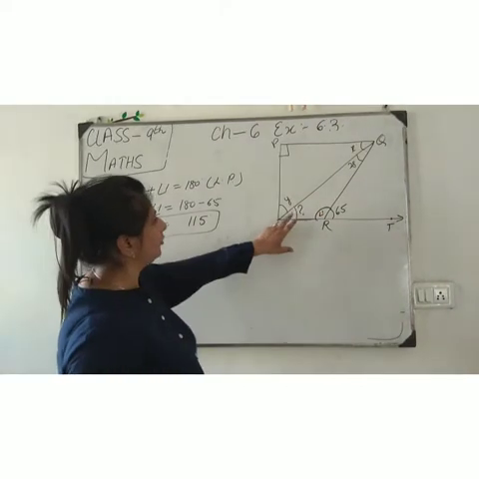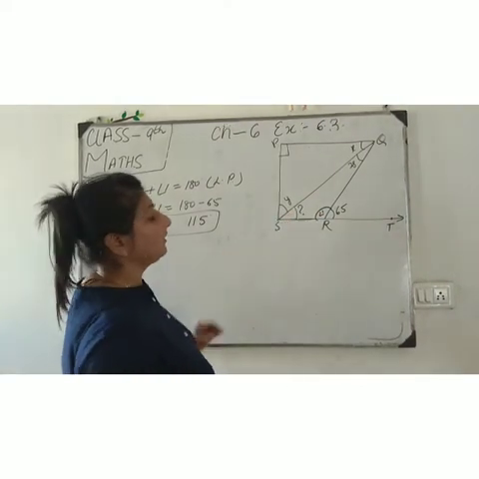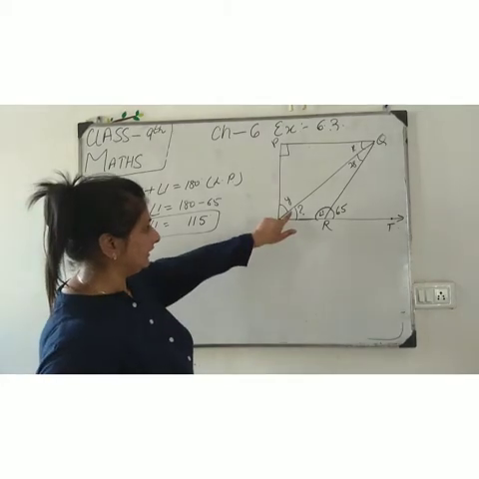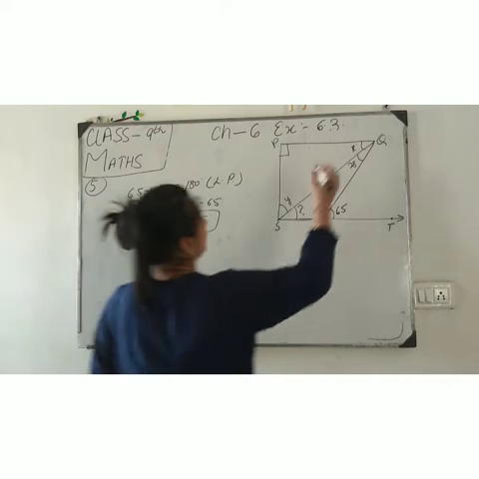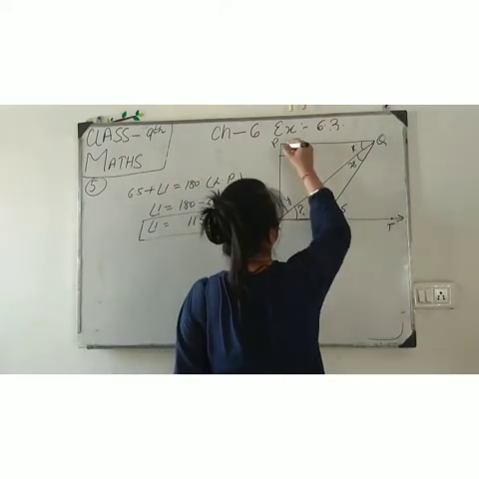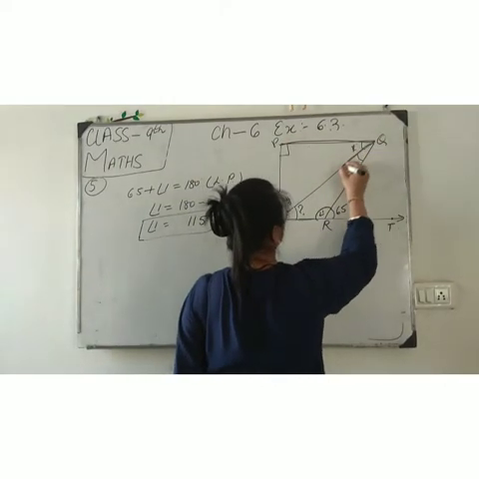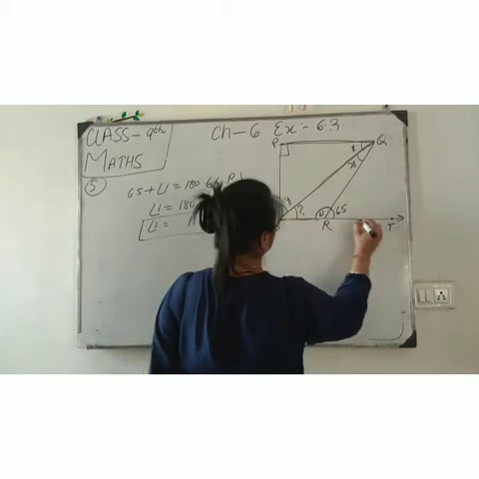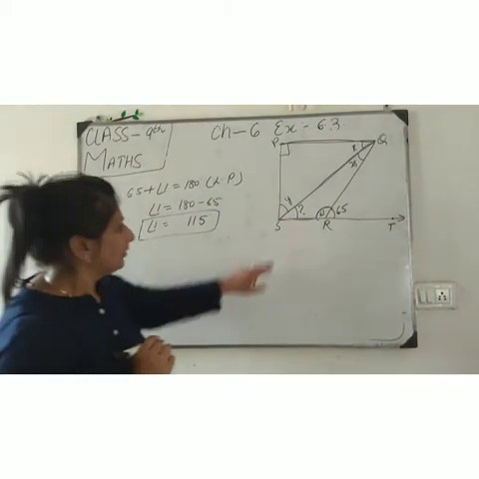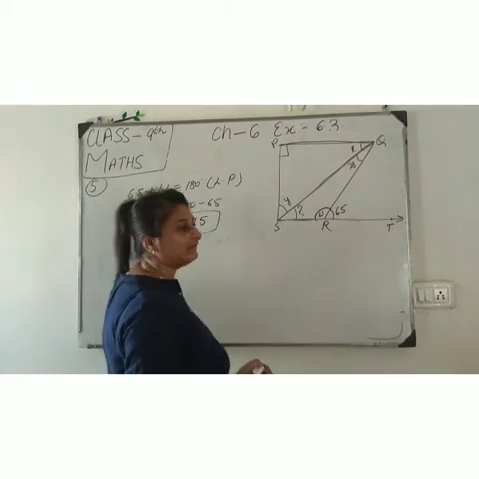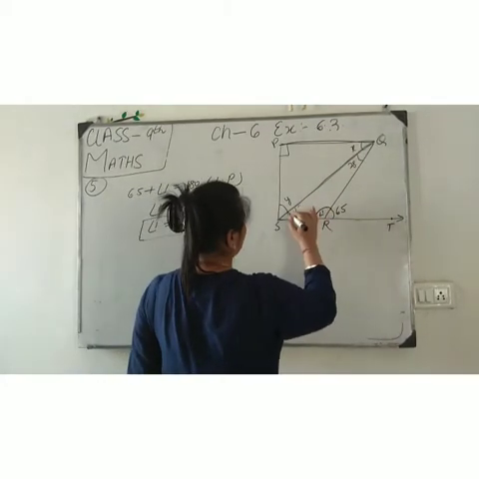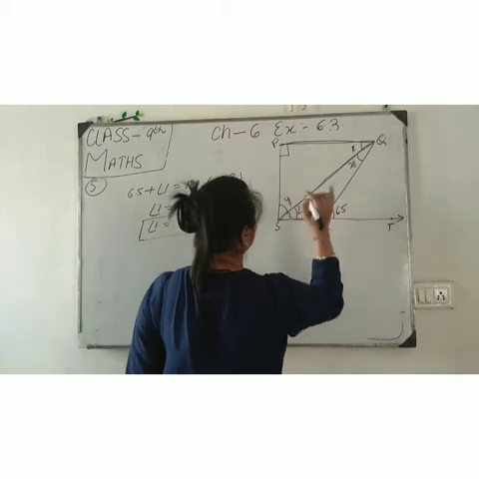But no need to find this much angle. Is it need for this angle? Yes, we need this angle because here you can see the alternate angle. So if I find this angle, we can easily determine the angle X. So again I put a number here, angle 2.